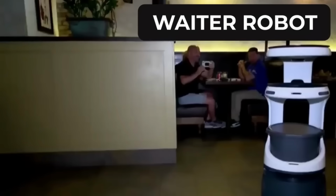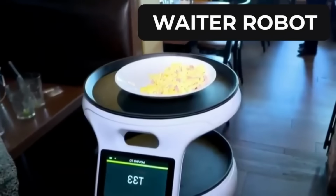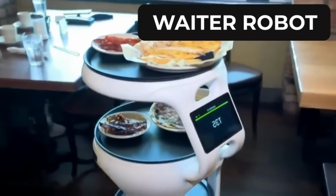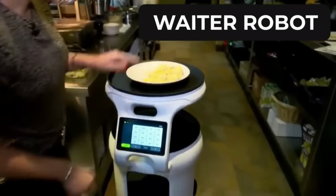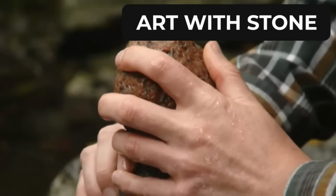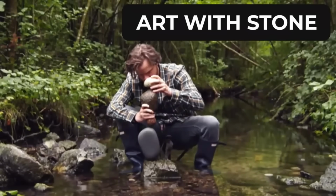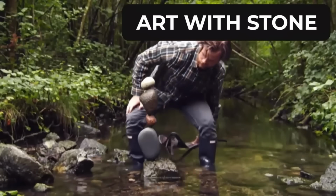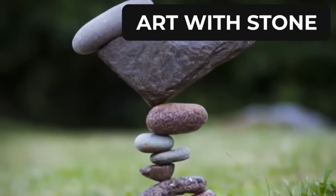In Miami, a restaurant uses a robot to assist waiters. It delivers food to tables, helps with service, and even interacts with customers. Stone art sounds simple until you see it. Stacking, carving, painting, balancing. It requires monk-like patience and a surgical touch, turning the ordinary into something that leaves you